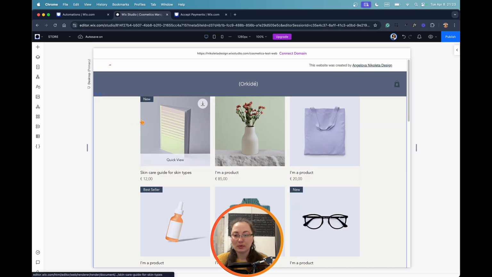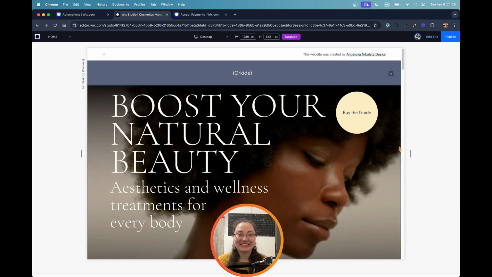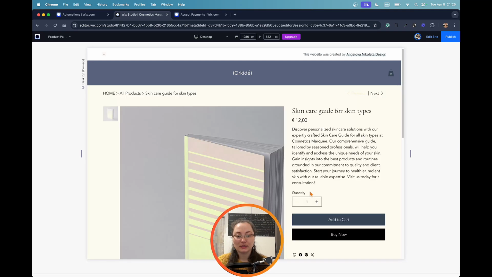We can also choose to create individual product pages and redirect the user directly there. So for example, if you'd like to connect this button to a specific product page, you can just scroll a little bit down, choose product page, and choose from the drop down the skincare guide for skincare types, since we only have this one product completely designed. In this second option, instead of distracting the user by showing all the other products, we can direct them exactly to the product page of the guide that we want them to buy, and it will show exactly this page